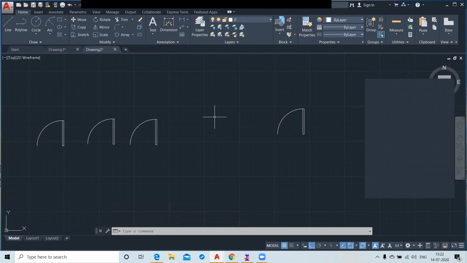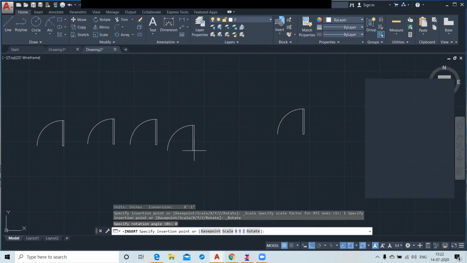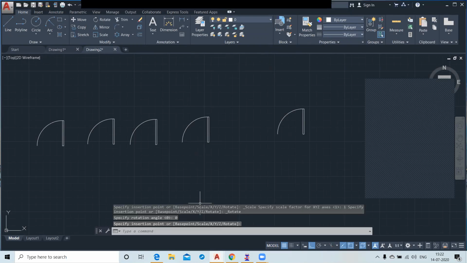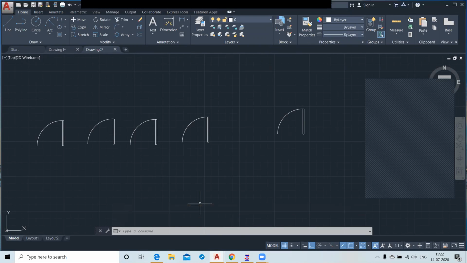Whenever you want to insert a door, click on the insert button and click here. Easy one or not?